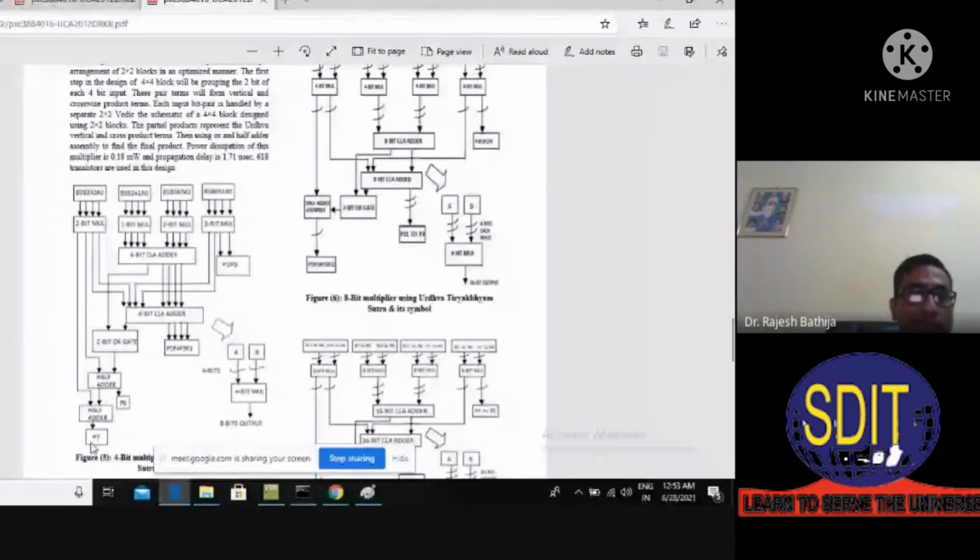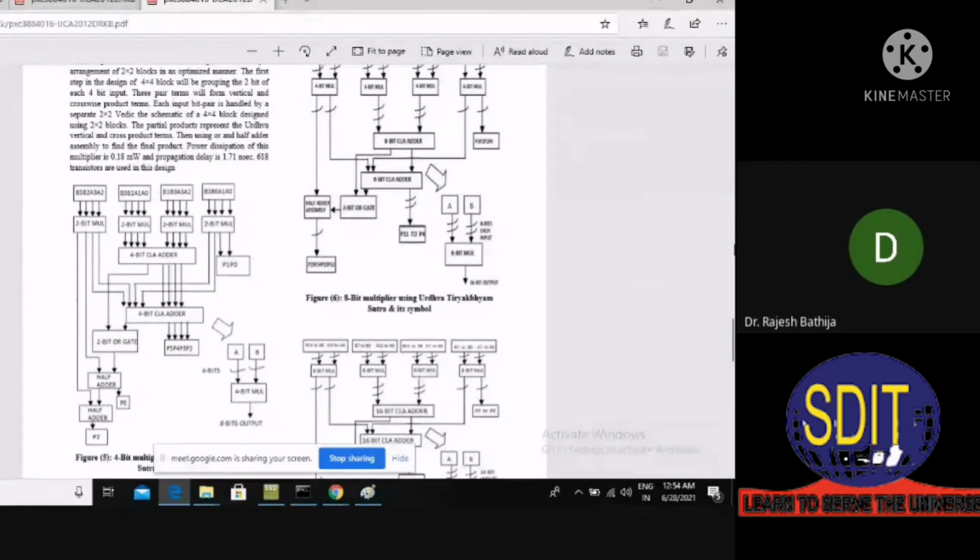Then I thought about what the best we can do. From my 2 to 3 days juggling with this research, I got an idea that there should be a 2-bit gate over here, right? That is the OR gate over here, and then we can finally come over here, and then there is a half adder, and then P6, and then this half adder and P7 and so on, right? So here we have developed the 4-bit multiplier, and the same architecture we can use for the higher bits, right?